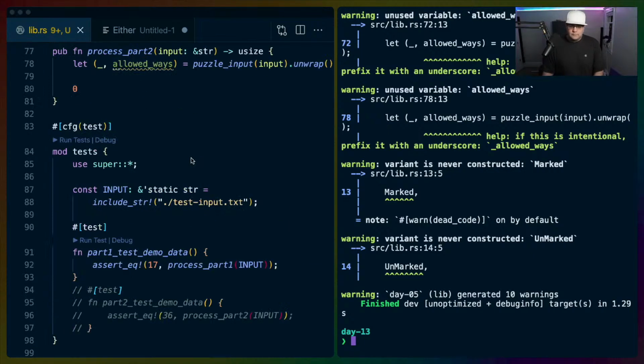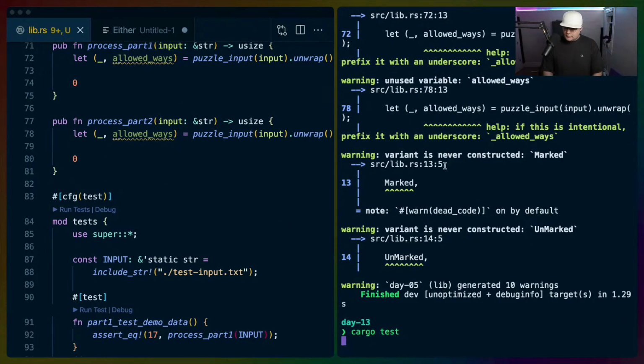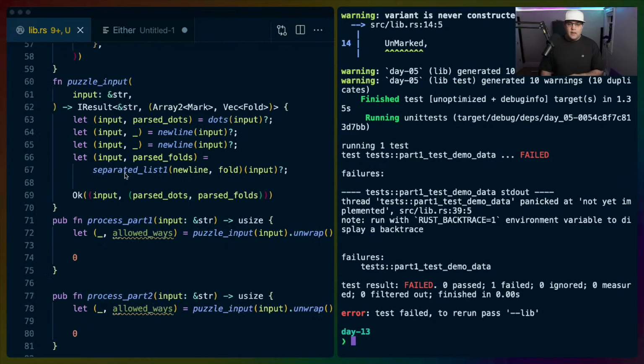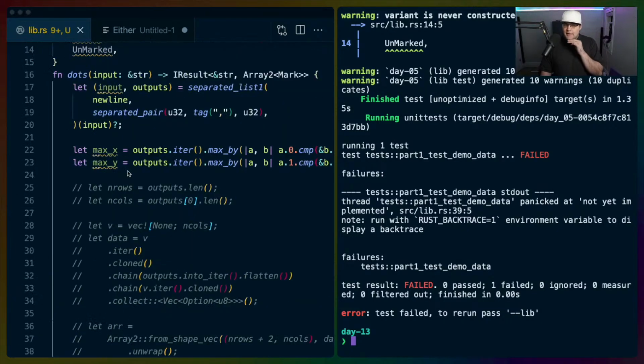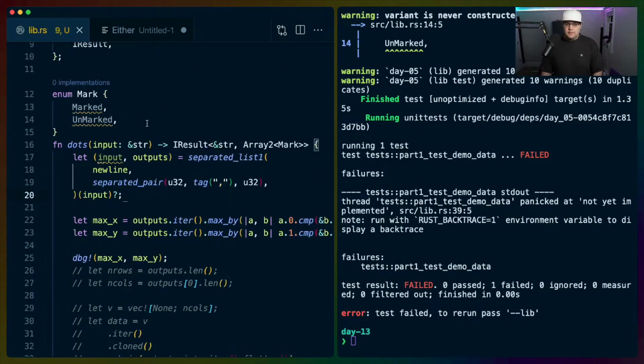Okay. So let me run cargo test. Make sure that that runs. It'll panic, but make sure it runs. And then let me add a couple debug statements in here to make it a little easier to show. Let's do debug max x and max y. And then we'll debug